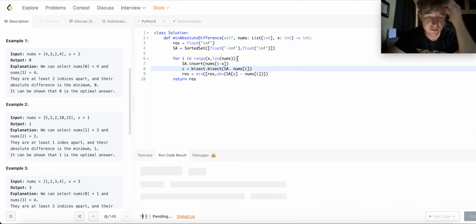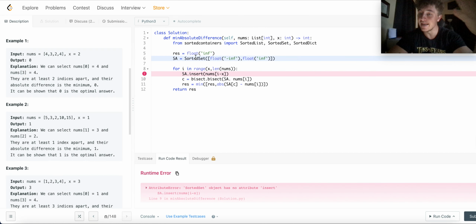Let's try that again. I think maybe I just need the import statement because I have no idea what library it's from. Sorted containers, okay. Sorted sets, can I use bisect? Because the sorted set is just a set that has